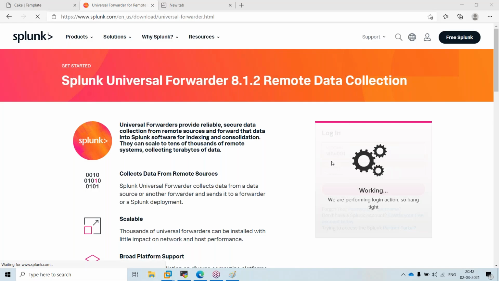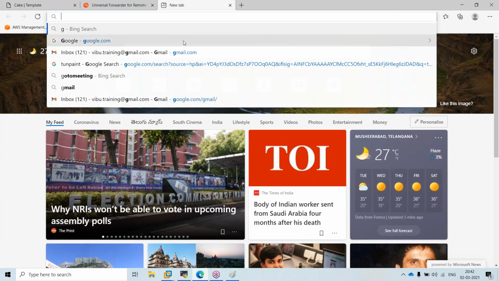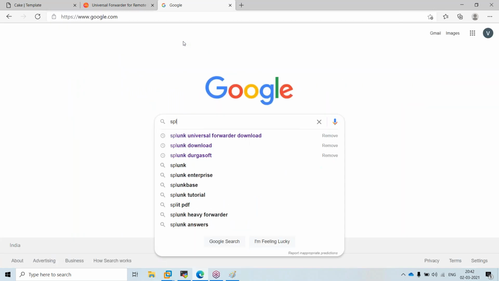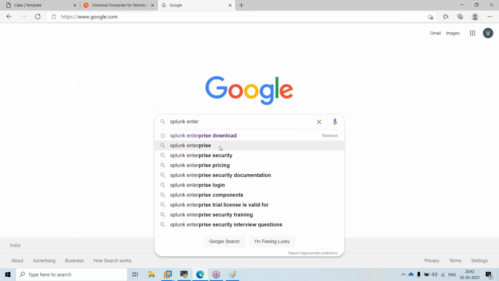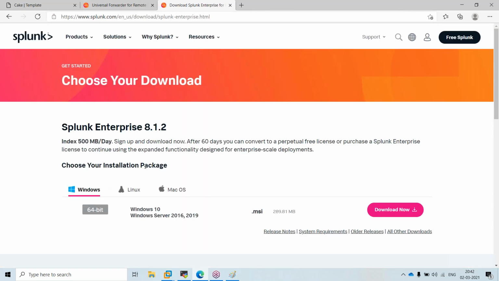I'll just log in and share the screen. This is the universal forwarder. This is the enterprise edition, which means this is the server-side software.